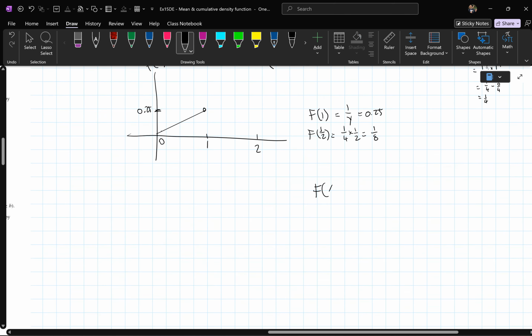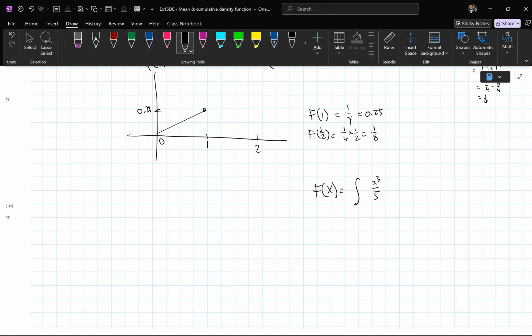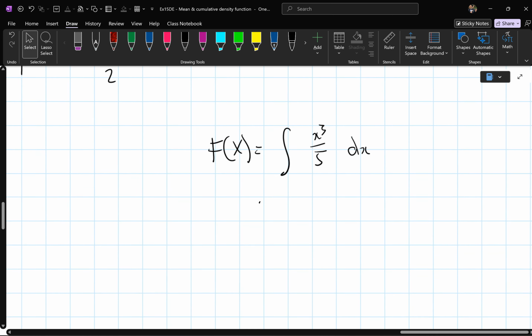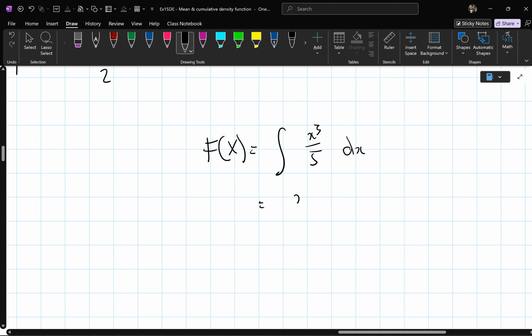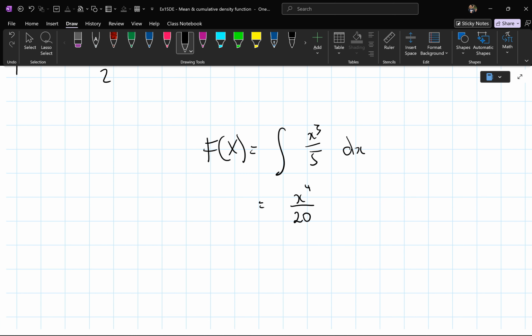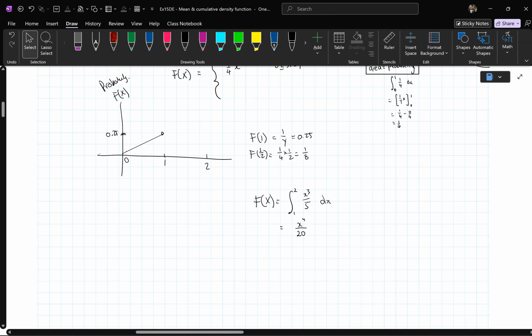So capital F of x is just the integration of x cubed on 5. What you got to be careful though, as you find the integration, can you see that gives you x to the 4 on 5 times 4, so on 20, right? The problem is this. If I did it from 1 to 2,